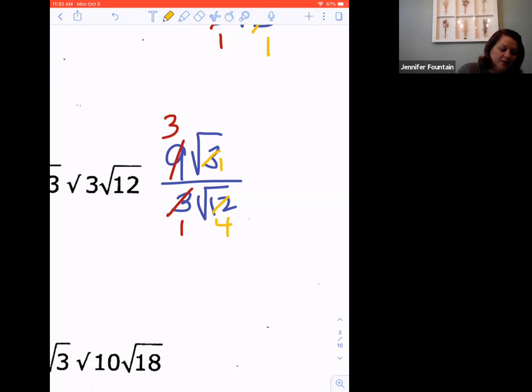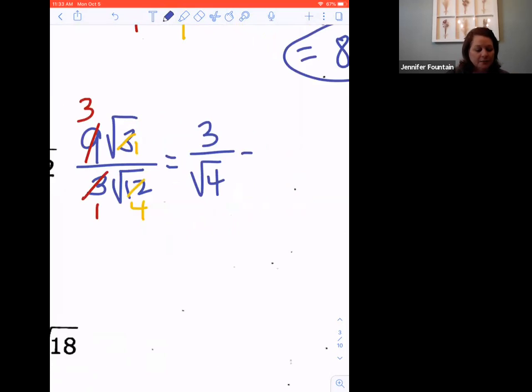Okay? So now this one's a little bit different because my radical is now the square root of 1. What's the square root of 1? Just 1, right? So 3 times 1 is 3. So in my numerator, my radical has gone away. But notice what is in the denominator? The square root of 4. Now, look at that for a minute. I know I can't have a radical in my denominator. Does the square root of 4 have a perfect square? Yeah, so if I just simplify this, I see that I've got 3 over 2